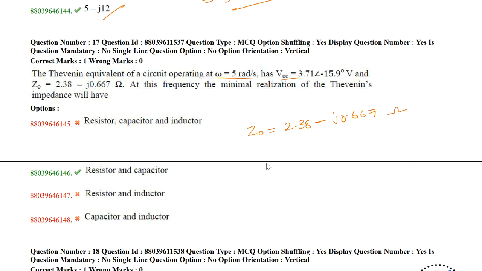So see here, generally we represent the impedance in two forms: resistance plus inductance combination or resistance plus capacitance combination. So Z0 in the R plus jXL form means it is the impedance of a resistor and inductor. So Z0 in the form R minus jXC means it is the impedance form of resistance and capacitance. So the answer will be resistor and capacitance. Suppose, for example, it has a positive sign, then you can go for the resistor and inductor.